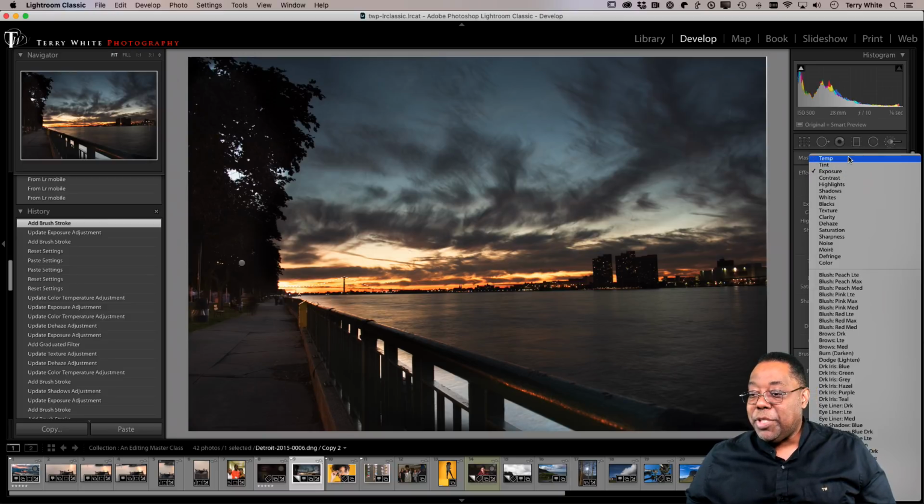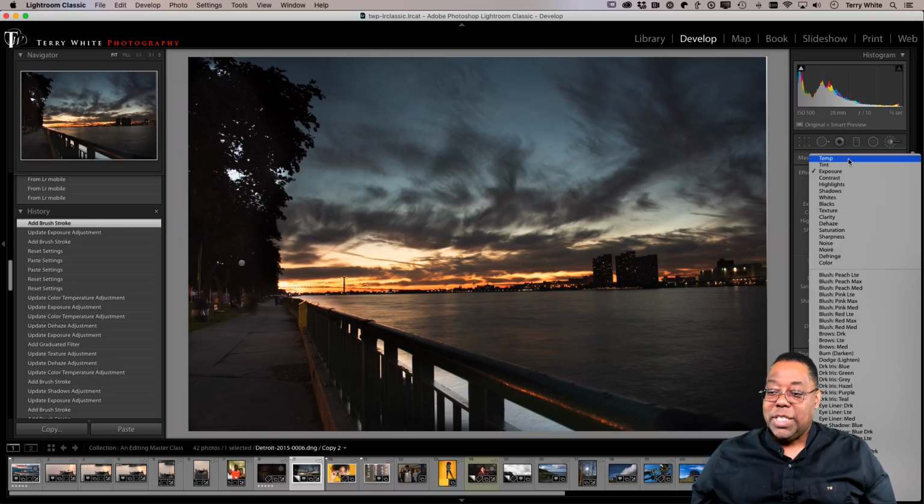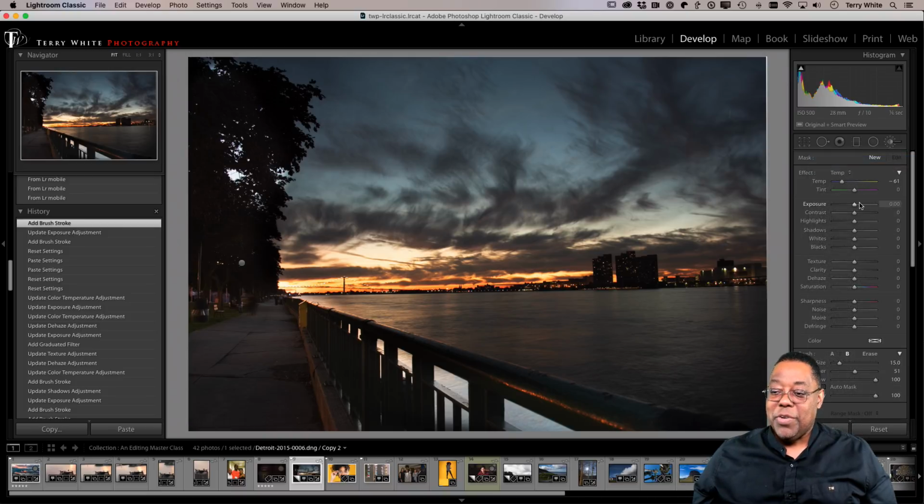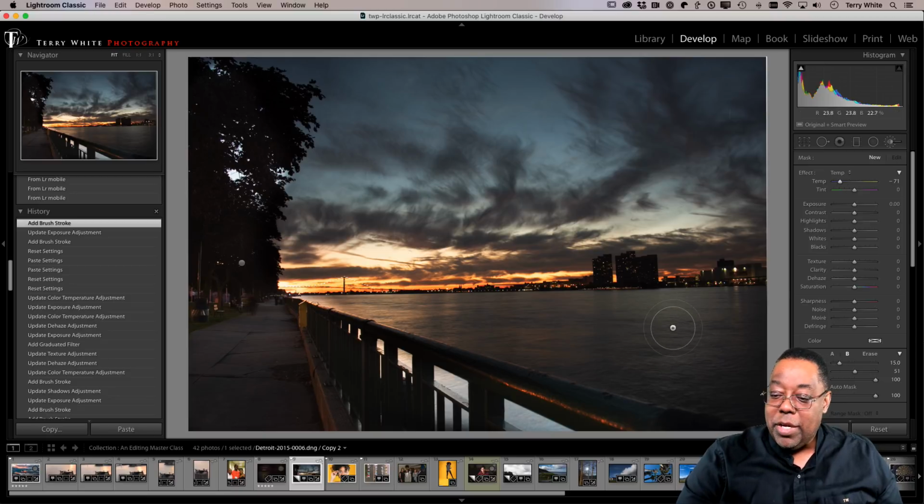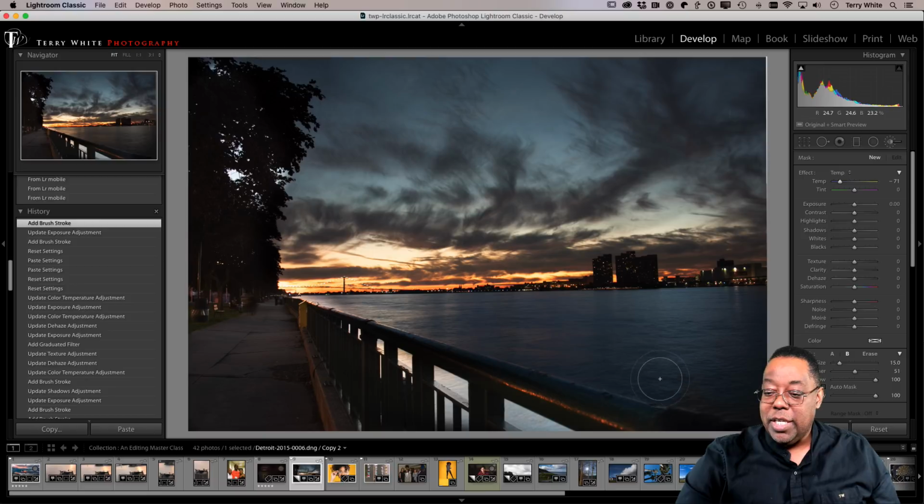Let's do temperature instead. So using these presets, by the way, just zeroes out all the other ones and makes the adjustment to the one that you chose. So in this case, it's adjusting the temperature. I can make it a little cooler. And now when I paint, the water gets bluer. So I'm literally changing the color of something in Photoshop with the adjustment brush just by brushing in the areas